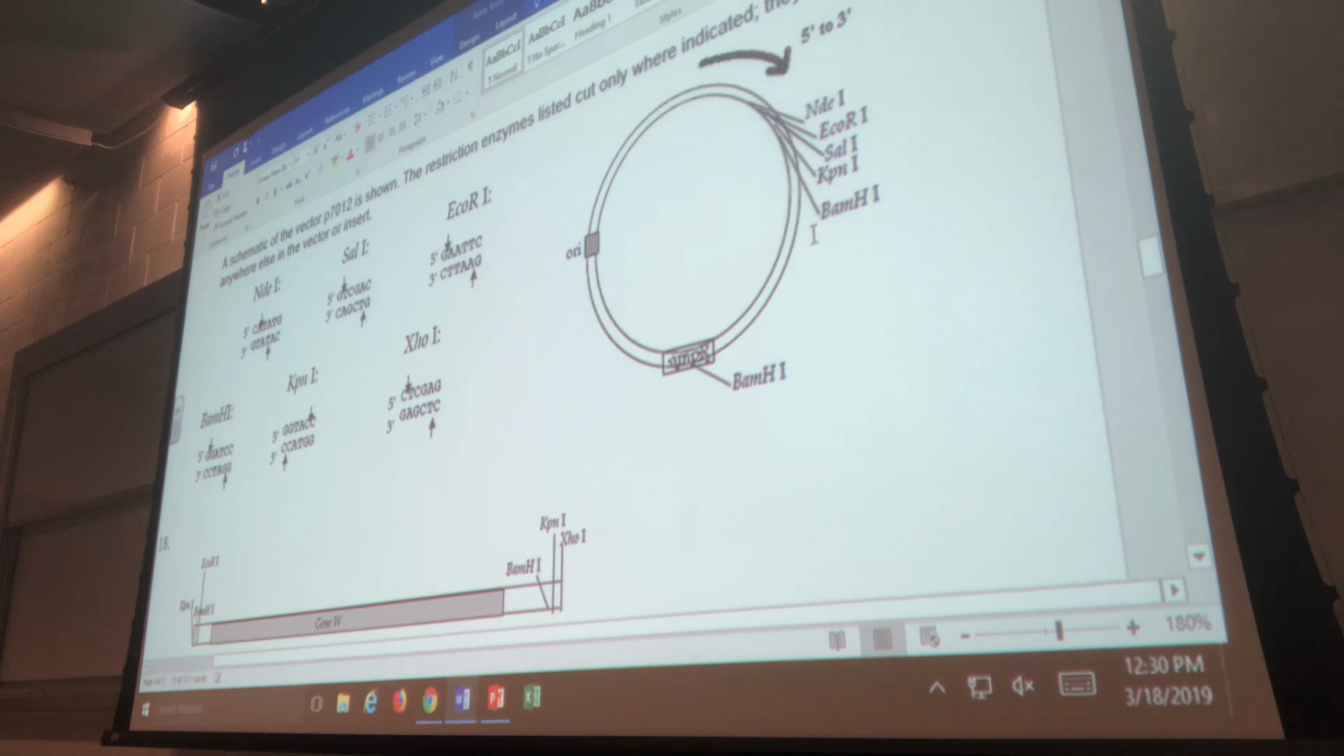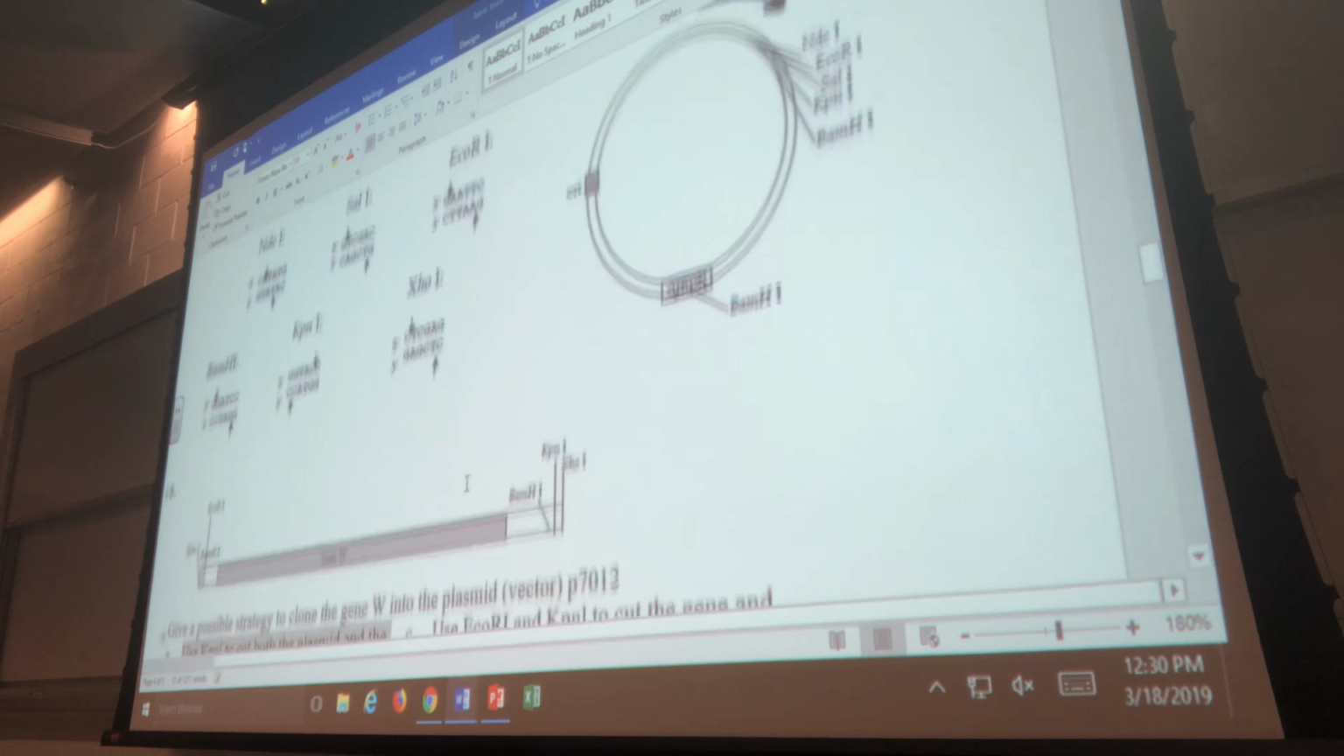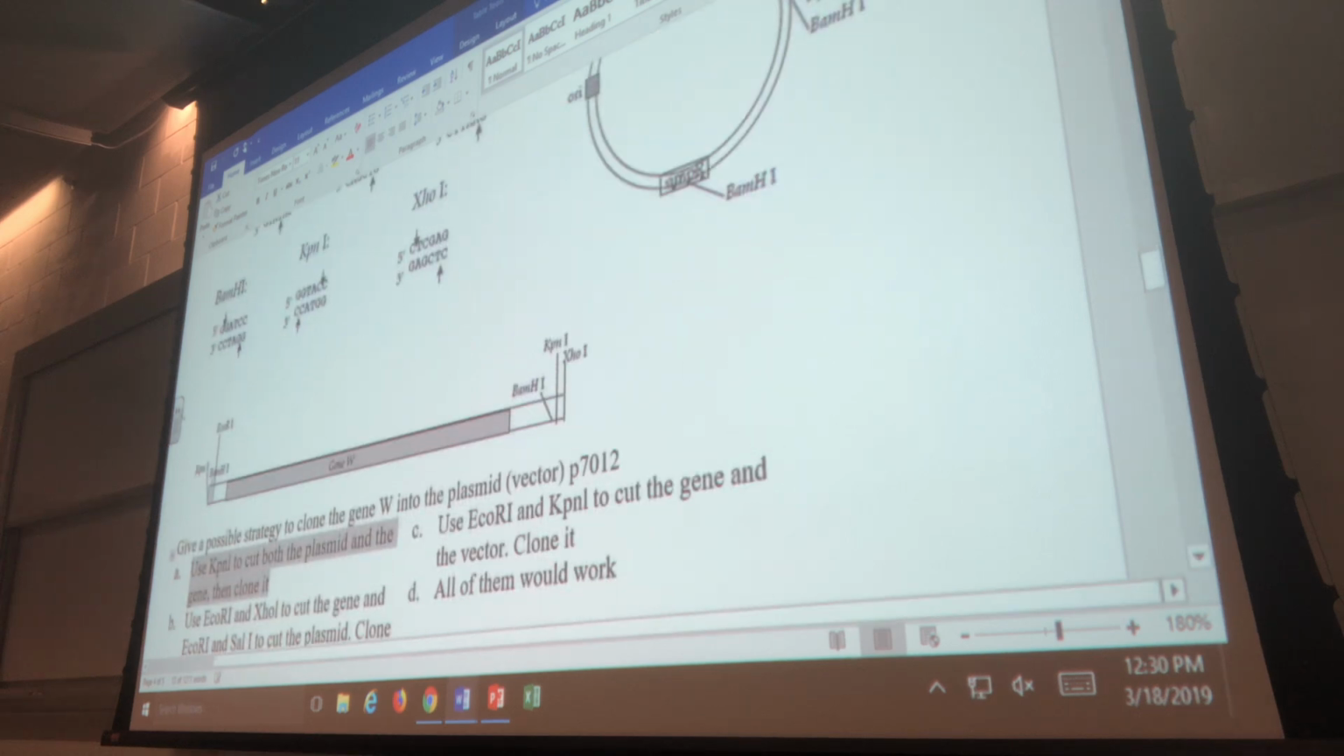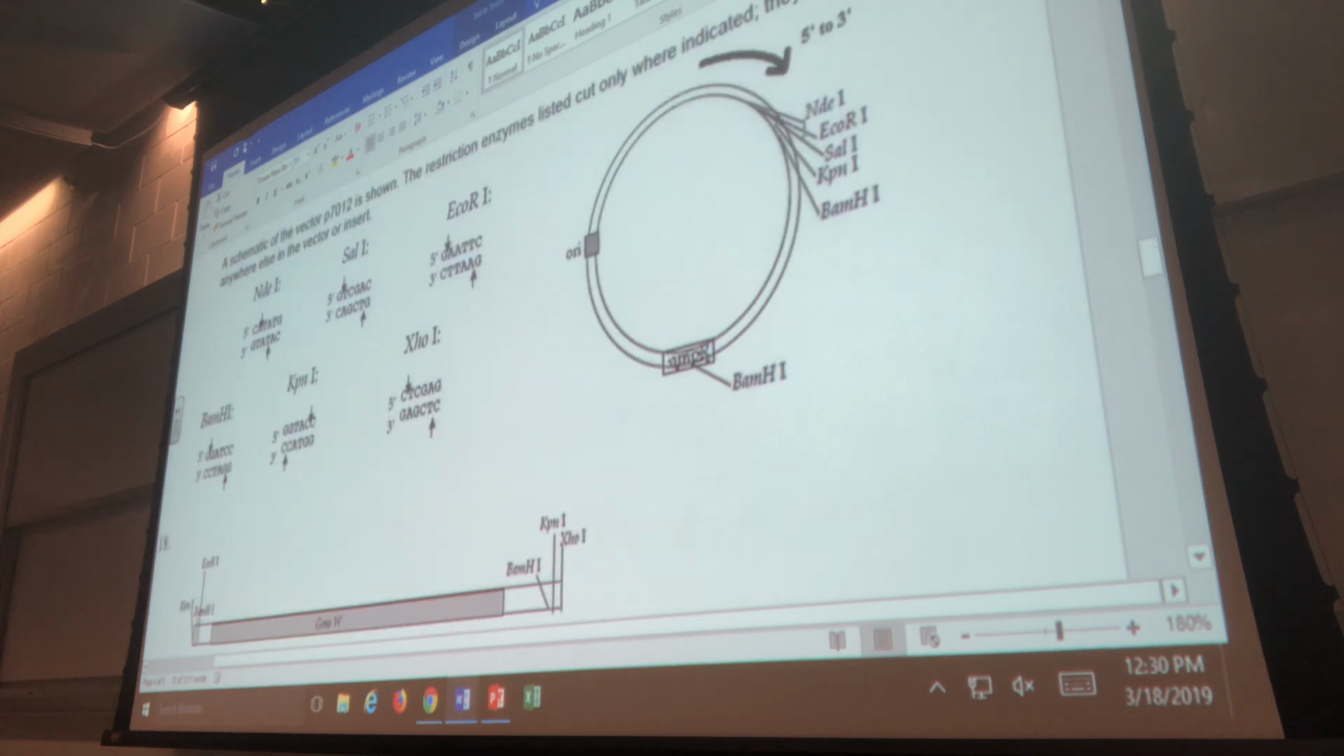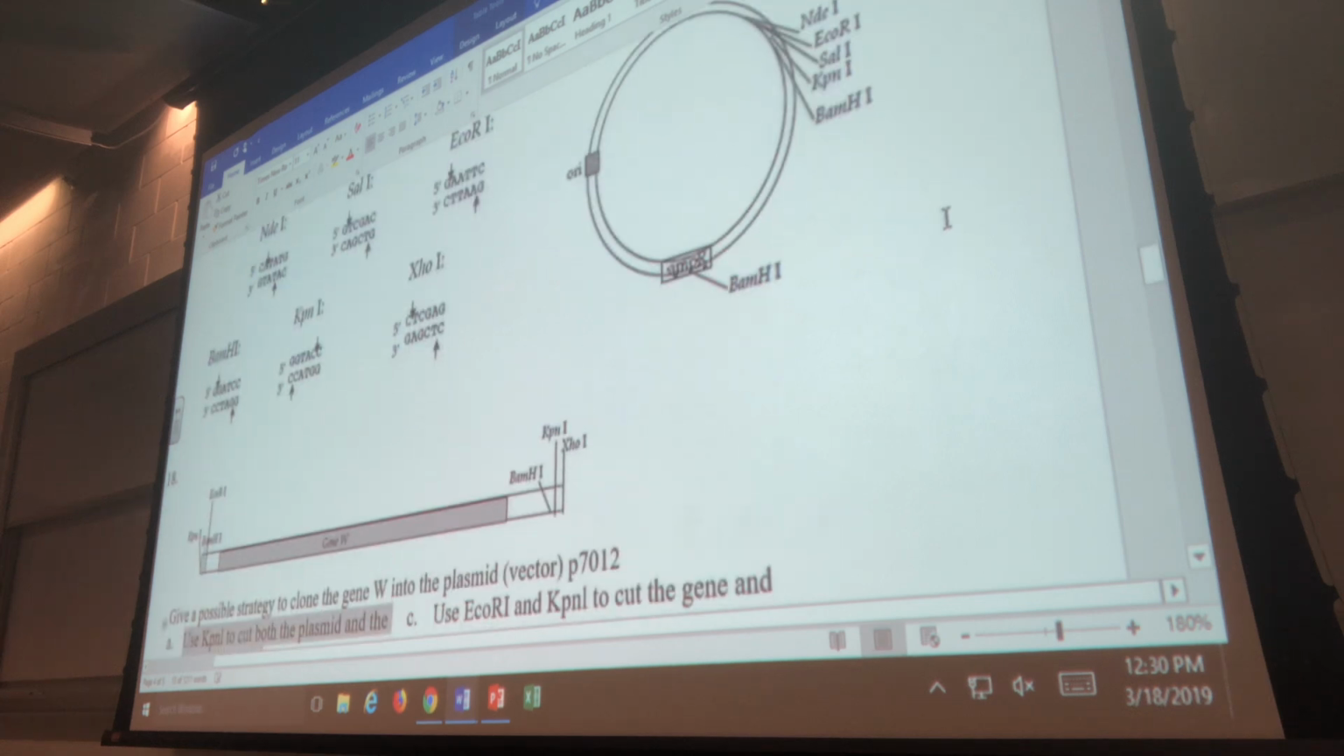Whenever you use one restriction enzyme, you run into the following problem. When you use the same restriction enzyme on both sides of the gene, there is no way for the plasmid to tell which side of the gene is the front side and which side is the back side. So sometimes, when this gene is inserted into the plasmid, it's put in backwards due to